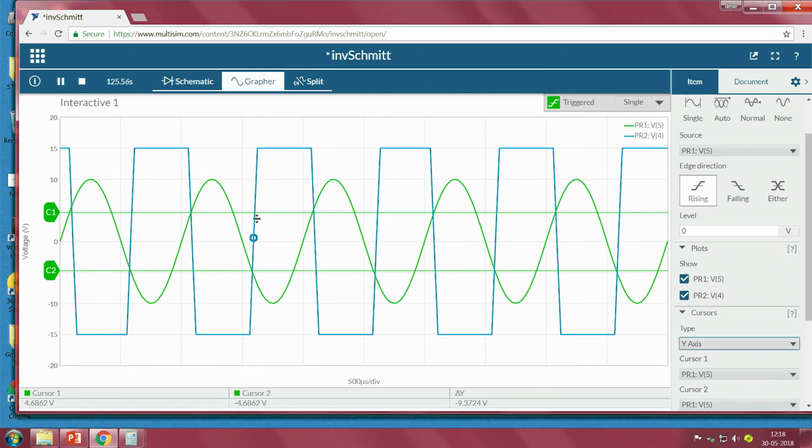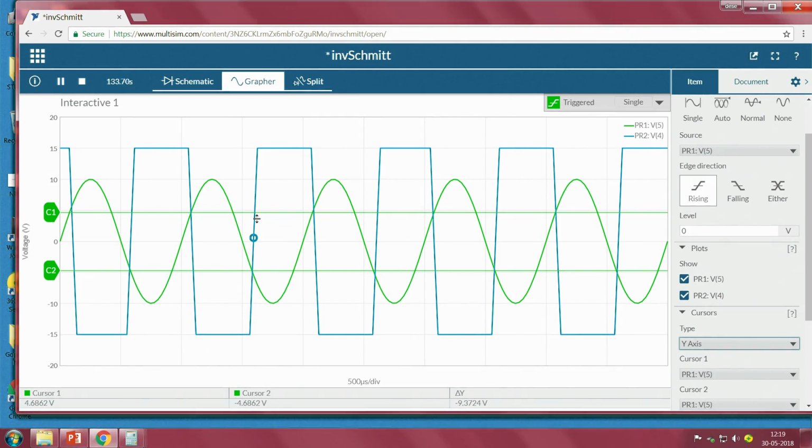When the input is greater than one particular threshold, the output goes low, and when the input is lower than that threshold, it does not go high. In order to make it high, the input should be even lower than the first threshold value, only then does it go high. So, this is the difference between the inverting Schmitt trigger and a comparator. Now, we will see by connecting the same circuit using the TA board, and we will see whether the experimental results match with the simulation as well as our theoretical calculations.